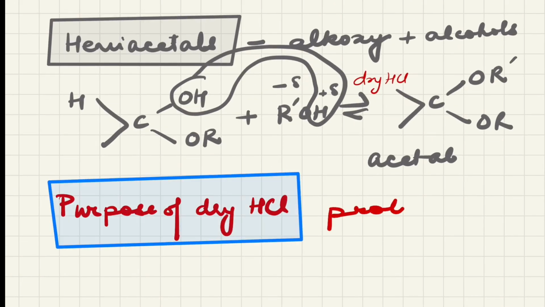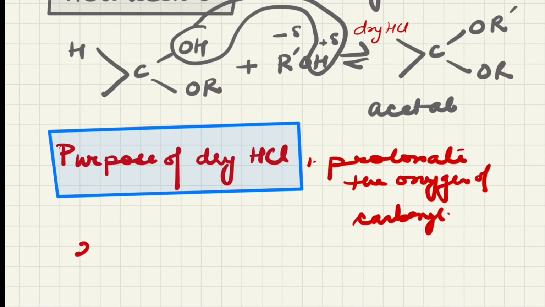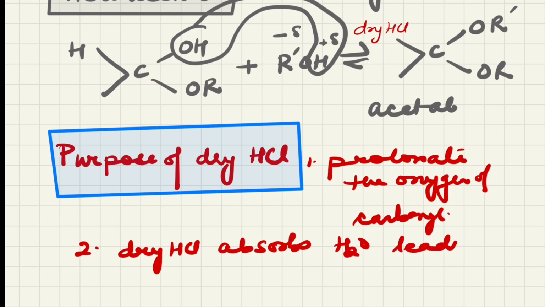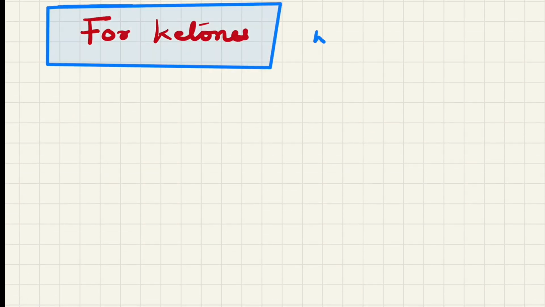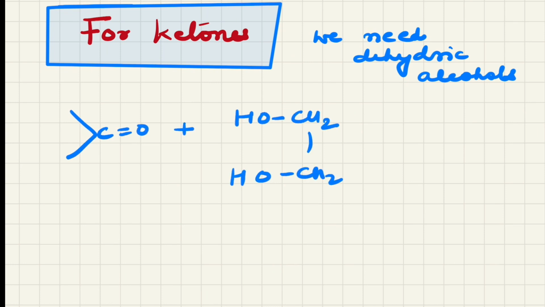So dry HCl is to protonate the oxygen of carbonyl, and dry HCl absorbs water, leading to forward reaction. If we want to perform the reaction with ketones, we need dihydric alcohol, that is, we should have 2 OH groups. So if I take a ketone and I take ethylene glycol, it takes place in such a way that